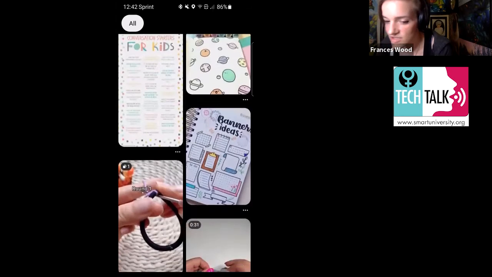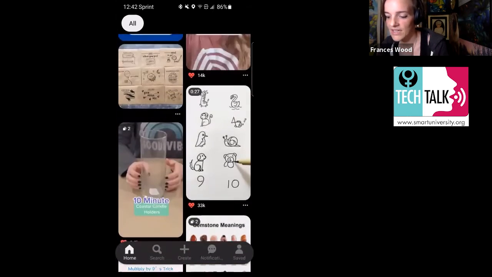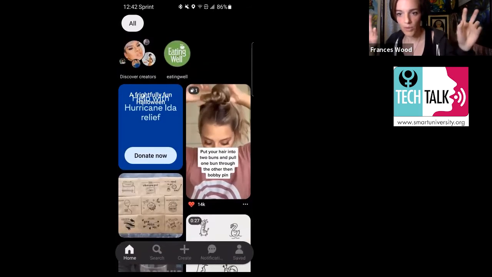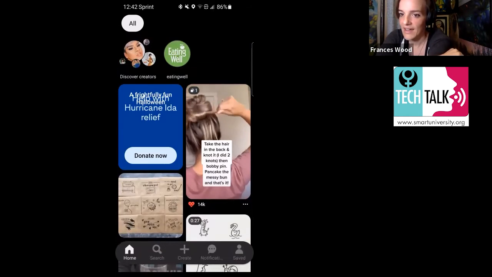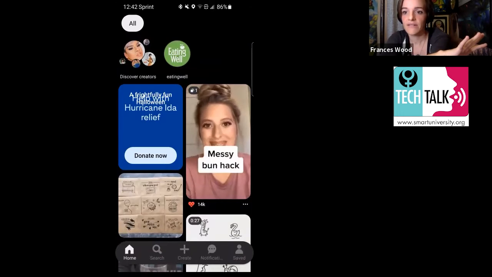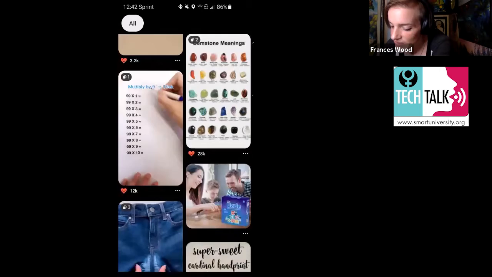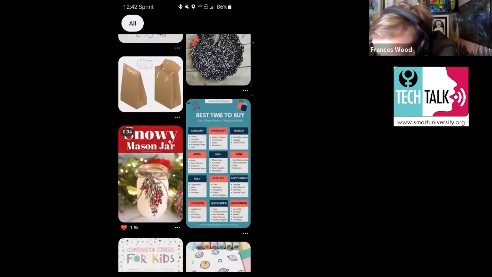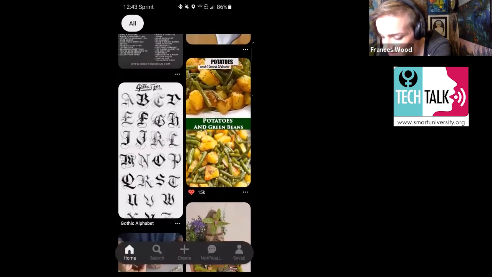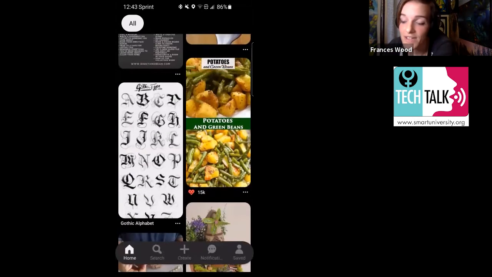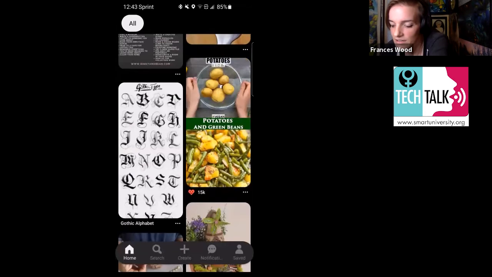So we're going to try and pin something, okay? When we pin something, we're saving it on our own board. Let's say I want to have a board that's all about knitting. I would save all my knitting pins to that board. But let's use one of these as an idea. This one is the Gothic alphabet. Let's say we want to do calligraphy. If we want to save this because we want to reference it later on,